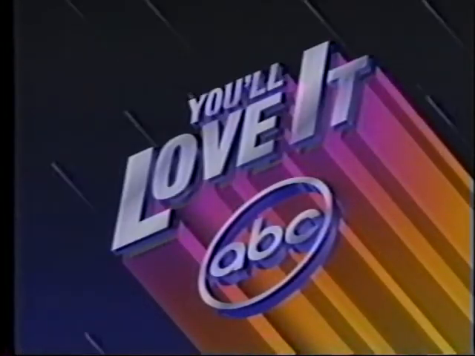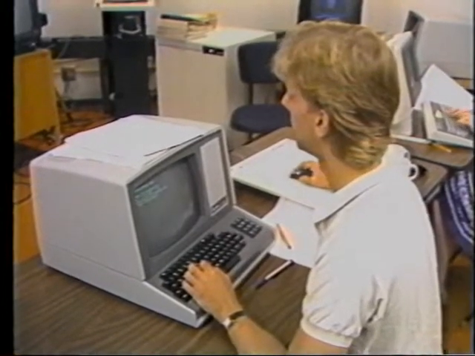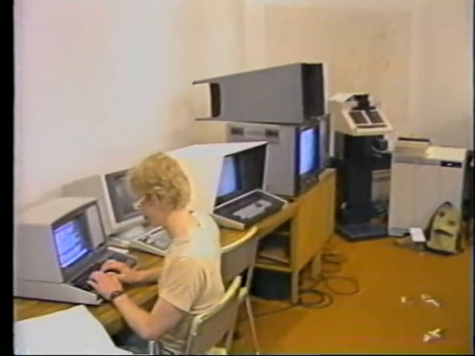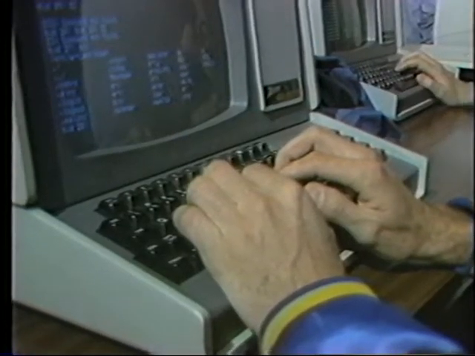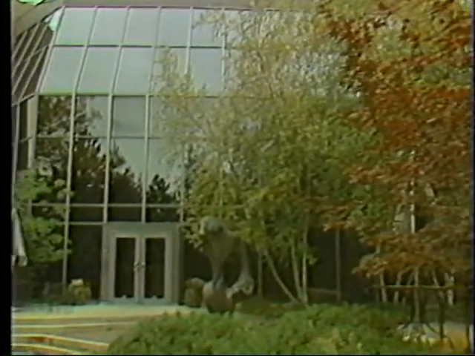Of course, it takes special equipment and training to learn the art of computer animation. The examples you'll be seeing in this program were created on the campus of Ohio State University by the Computer Graphics Research Group, which is made up of graduate students and faculty members from various departments, and by Cranston Csuri Productions, the professional animation company that shares this building, the Cranston Center, with OSU. No two of these short animated videos are alike. They range from abstract images